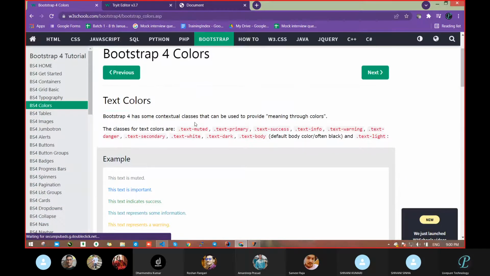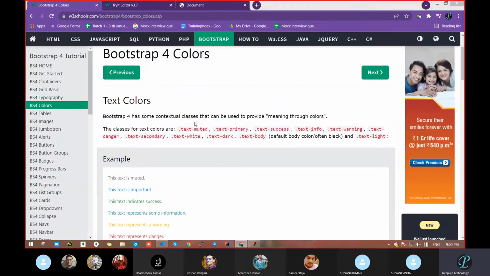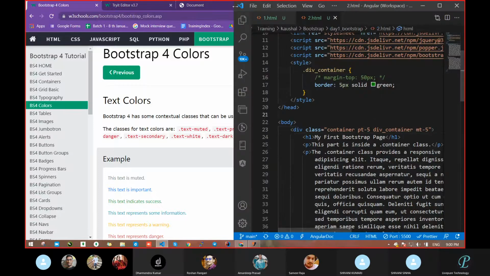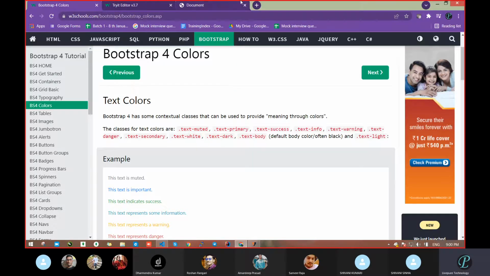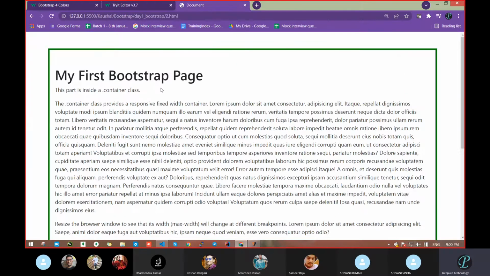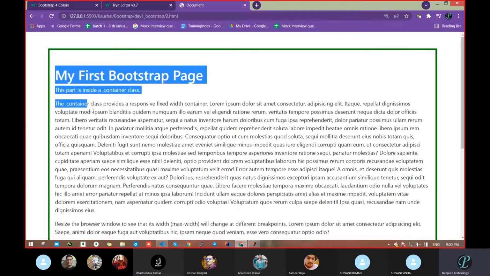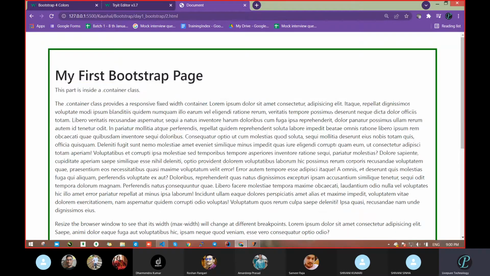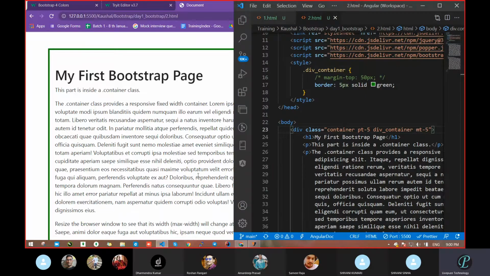I have one more question. Yes, tell me. Sir, is it mandatory to write container? Wherever you are going to make any website, and you want your text to be properly aligned from left and right, with some proper margin, you can go with the container. No need to take extra margin and padding, because you get the same thing from the container itself.